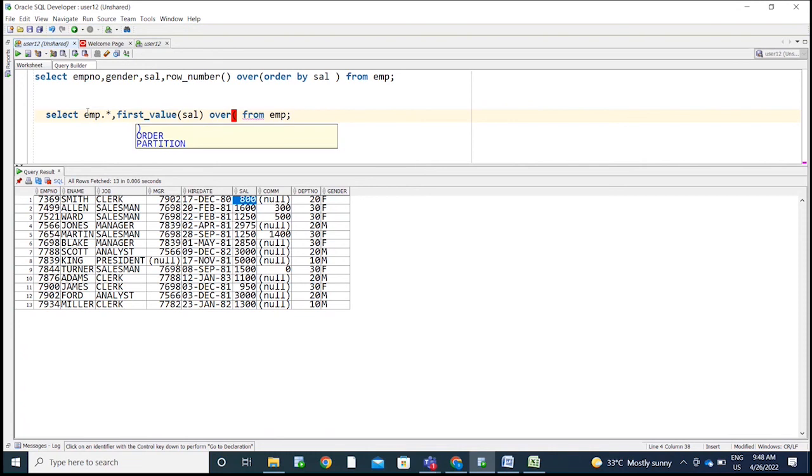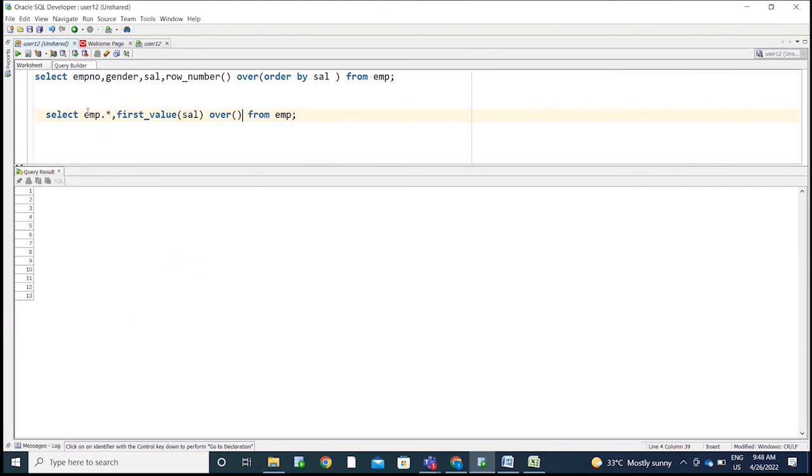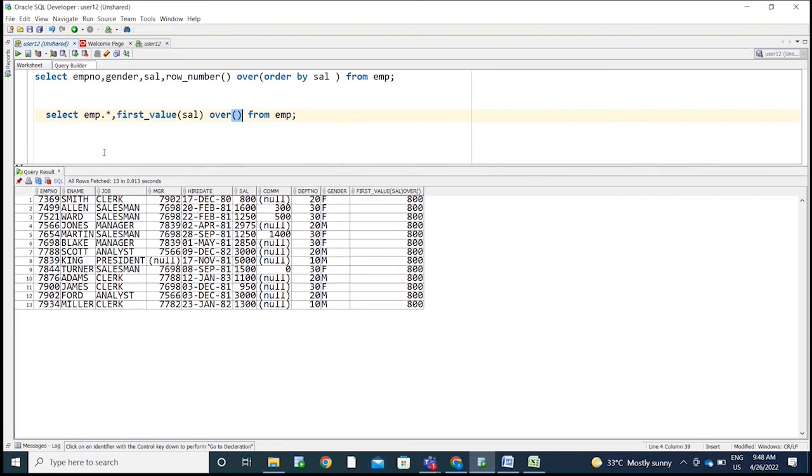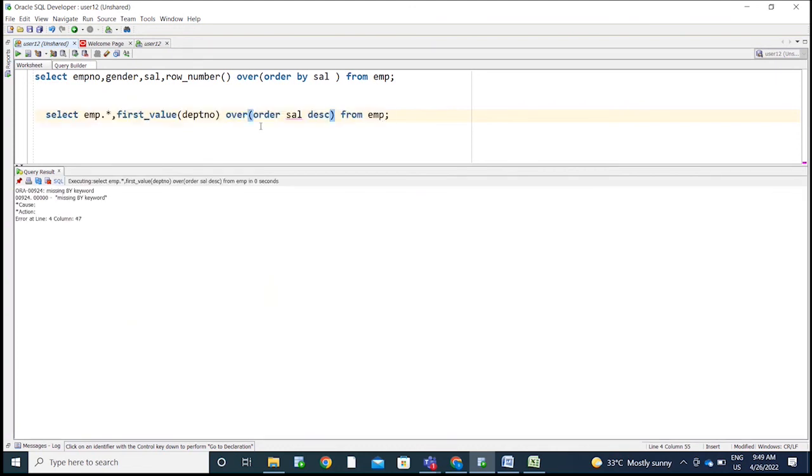So if you haven't mentioned this order by, we'll get the first value in the group, 800. If you mention the department number, the department number has the first value as 20. Okay, so if you want to get the order by salary descending,